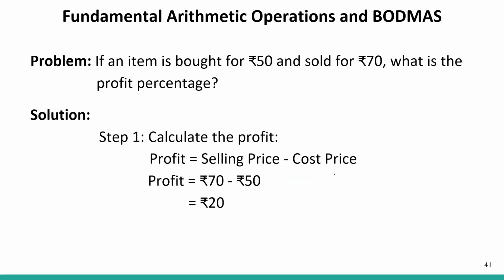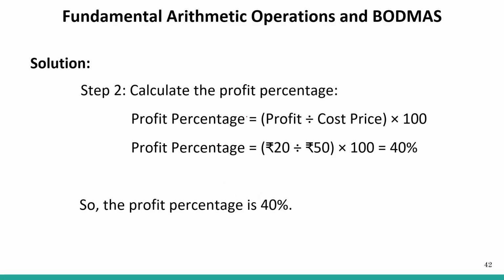Okay. So selling price minus cost price, that is 20. And profit percentage is equal to profit by cost price into 100. So that is equal to 20 divided by 50 into 100. That is 40%. We can also use this formula right here. Okay. It is done by the second method. So the profit percentage is profit by cost price or CP into 100. So it is 20 by 50 into 100. That is equal to 40%. Okay, using the second method. But you can see that both these methods have the same answers because the process is correct.